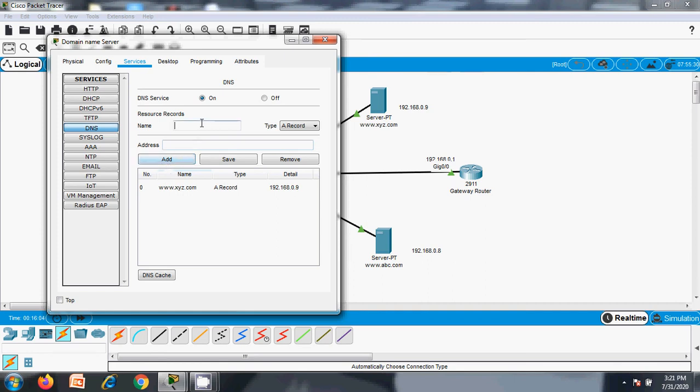And similarly www.abc.com, and the address is going to be 192.168.0.8. Add another entry so that this mapping will be available. So when a request comes for this abc.com website, it will be replied with this IP address.